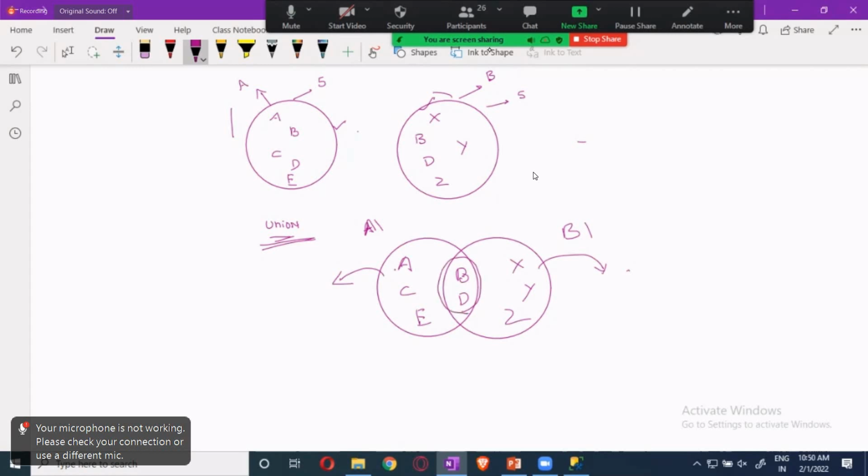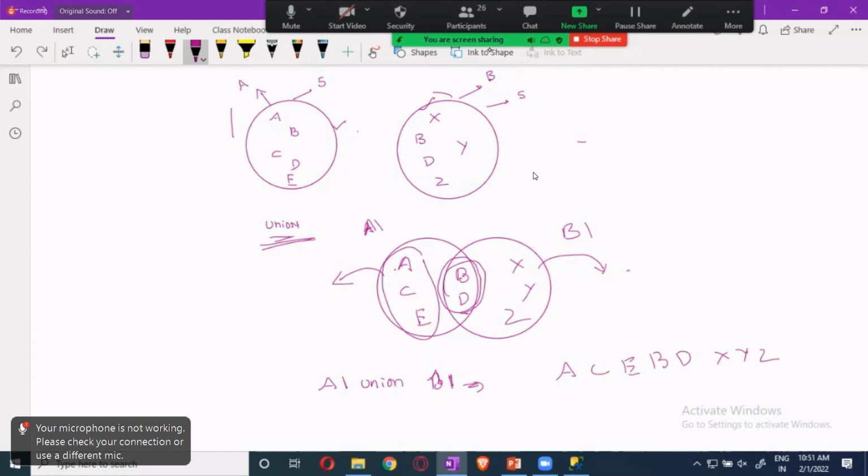So when I say A1 union B1, the output will be A, C, E and B, D and X, Y, Z. So all these values plus these values you are going to get.